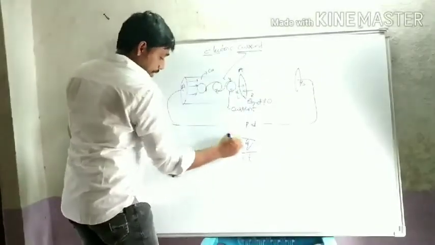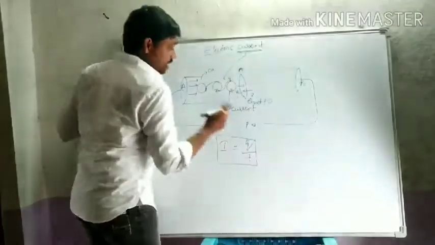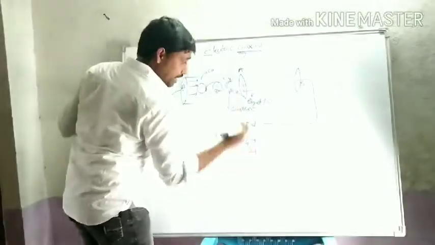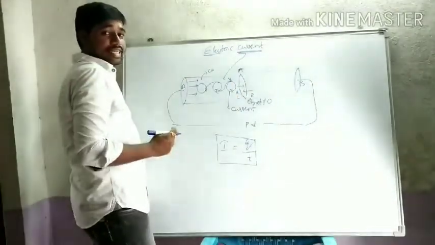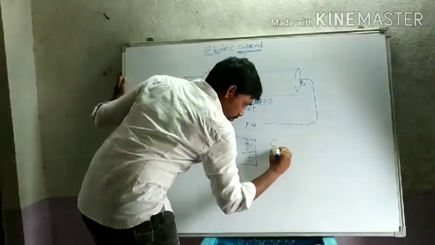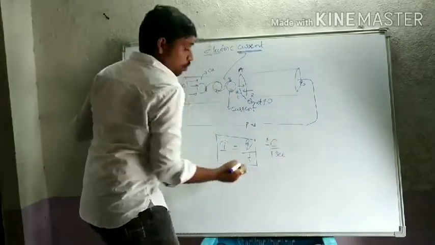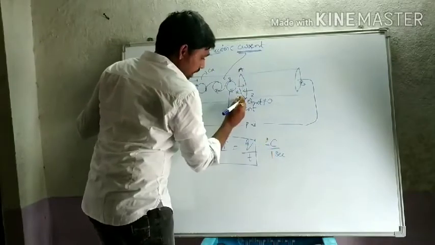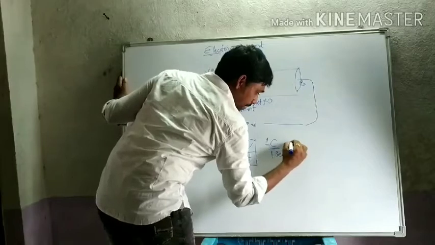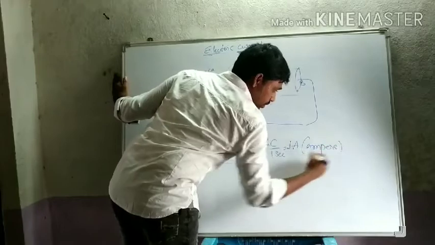The mechanical definition of electric current is the Q charge crossing through the cross section area A per unit time. Charge units are coulombs and time units are seconds. So 1 coulomb of charge crossing through the cross section area A in 1 second is called an ampere. So ampere is a complete unit.